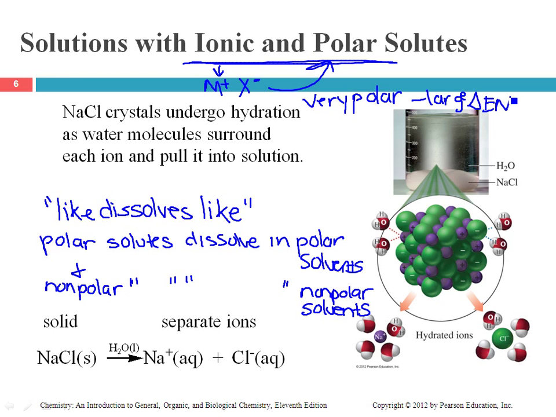So that's a change, that just means difference in electronegativity. So here we are again discussing electronegativity. A metal from one side of the periodic table, the nonmetal from a different side of the periodic table. So they have a large difference in electronegativity, which makes them very polar. Therefore, something like NaCl, sodium chloride, this is an ionic compound, it actually undergoes hydration as water molecules will surround the ion and pull it into solution. So water is a good solvent